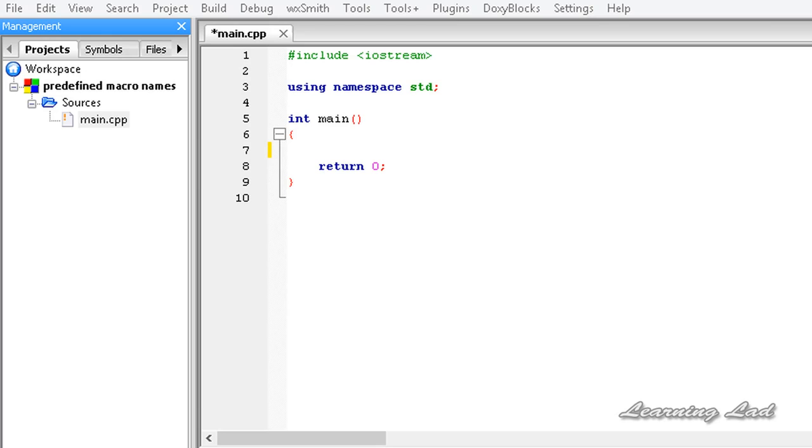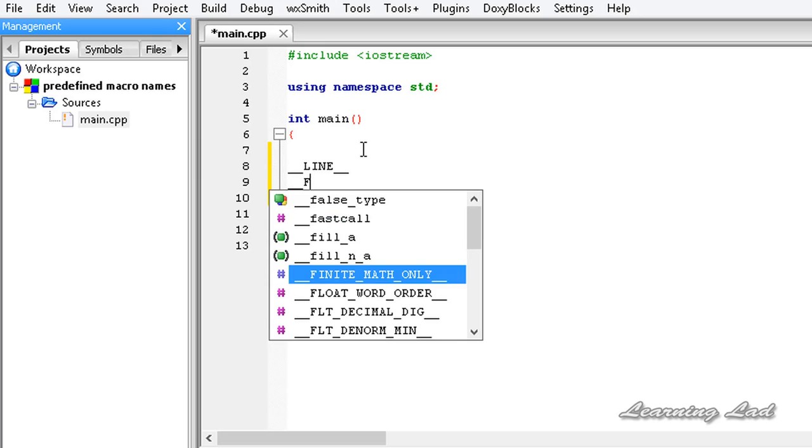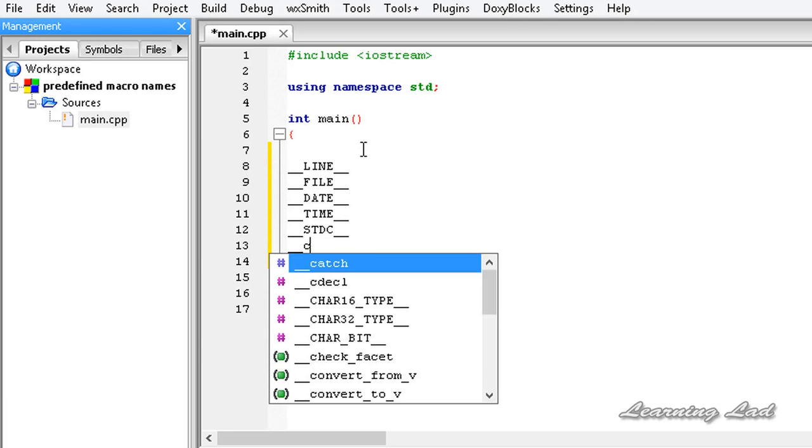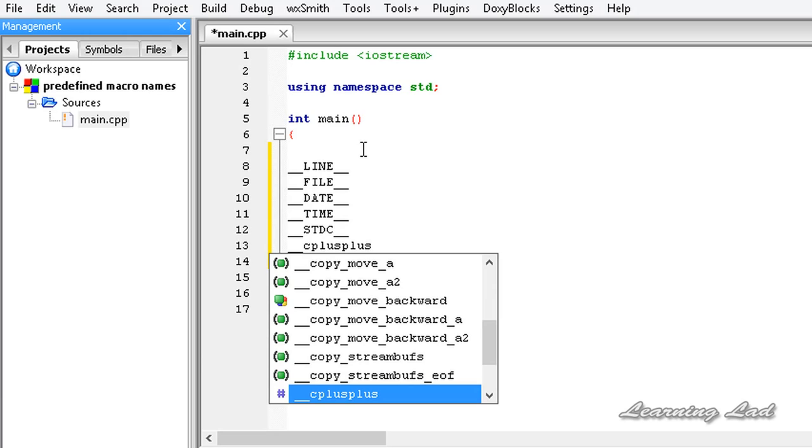So in this tutorial we're going to learn about some built-in predefined macros in C++. In C++ we have the built-in macros like __LINE__, then __FILE__, and then we have __DATE__, and then __TIME__, and then we have another one called __STDC__, and another one is __cplusplus. All right, so now we're gonna see what these predefined macros are gonna do and also how to use them